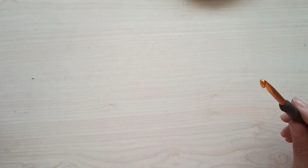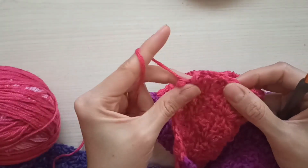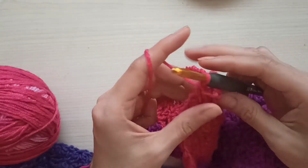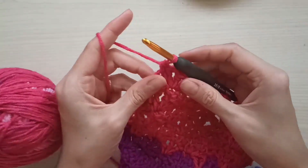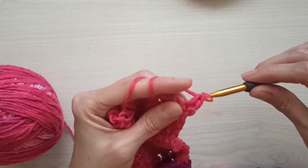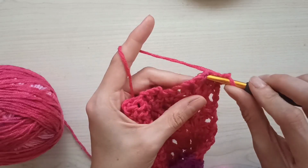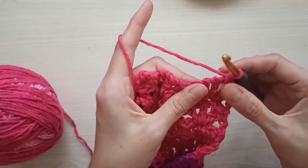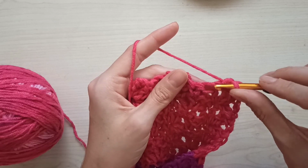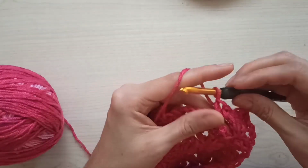When you come to the end, I will show you how you can finish your pattern. Here I come to the end. I want to finish my pattern. Chain 1 and turn my work, not count that, insert into the same stitch, join with a single crochet. Then insert into the chain 1 space, make single, insert into the next chain 1 space, make single, insert your hook from between that double and the single crochet and make single crochet, insert into the single, make single and complete